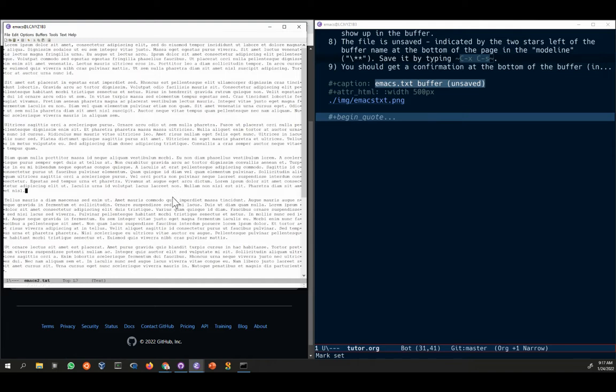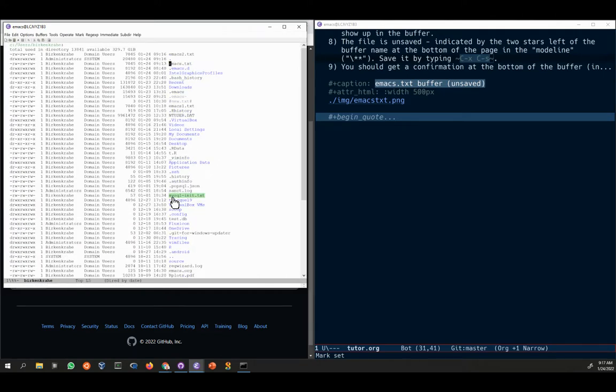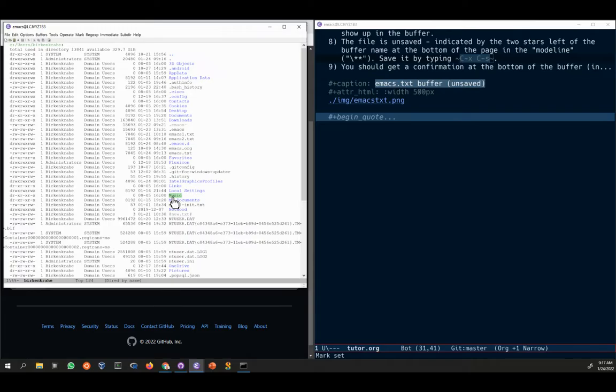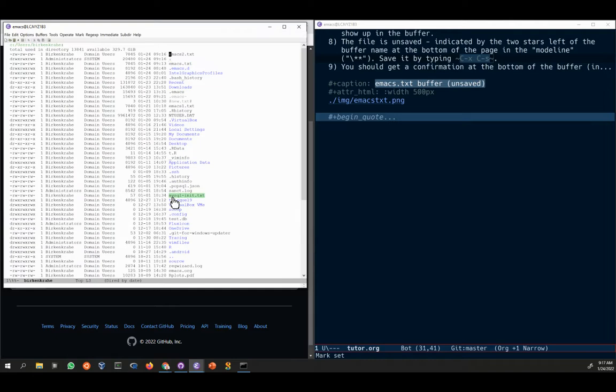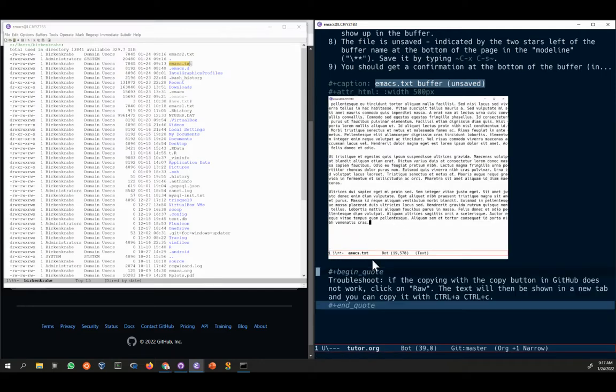And if I type Control X D, the command you will learn later on, I get exactly into that directory. And if I enter here, you can see the files. If I click S, I sort the file so that the last modified file will come to the top. And here you see the file that I just created. Here's the other file. I think that's enough for now. You should, at the end of this, see the file in the buffer. And that's it. Until the next